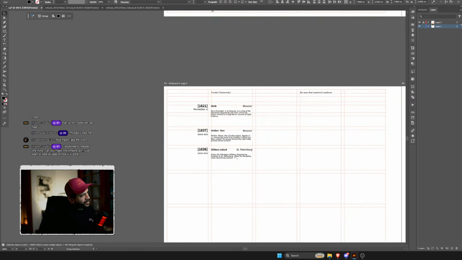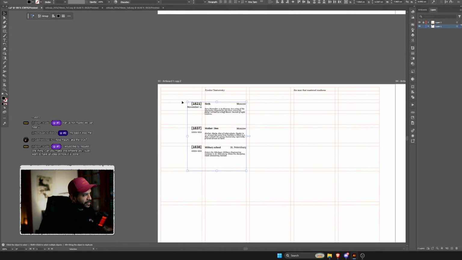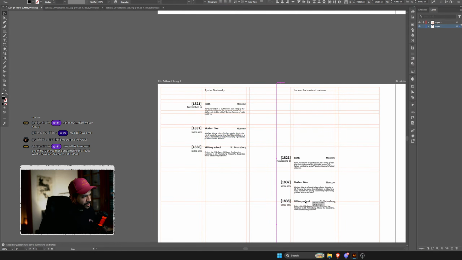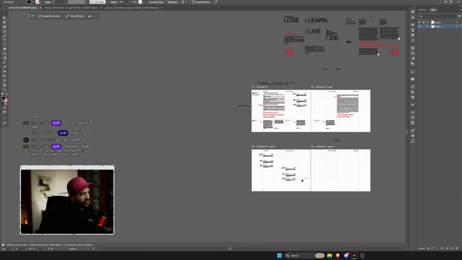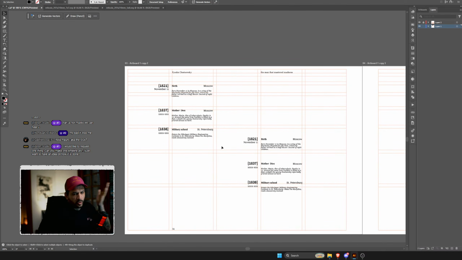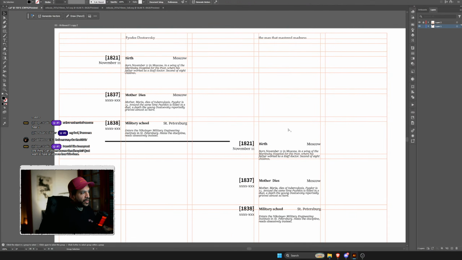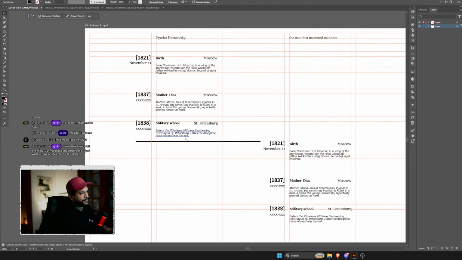And for example, let's say the military school, it's a break, right? It's a breaking point in his career. Maybe then you move to the next aisle, right? To the next segment of columns. So you start to use those breaks to mean something. So you use the grid to help you make a decision in terms of the design, right? And here we add a small something that means there was a break in his